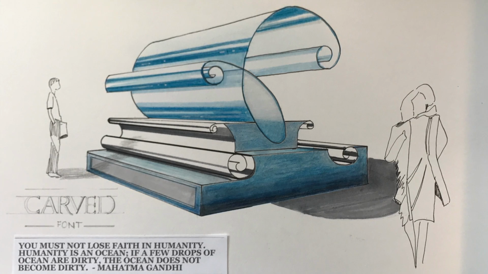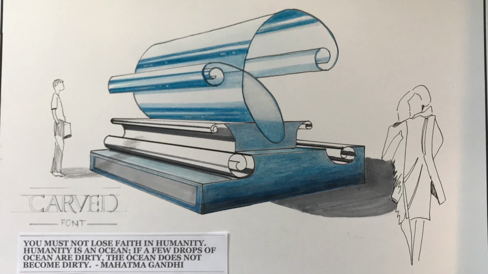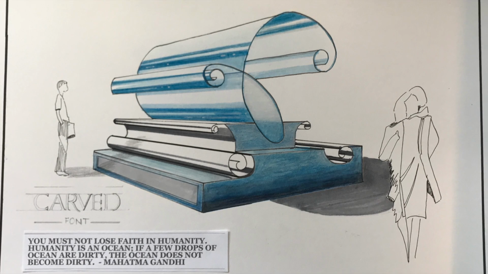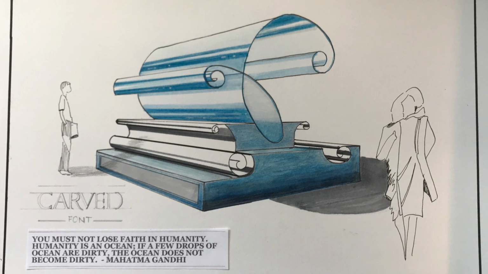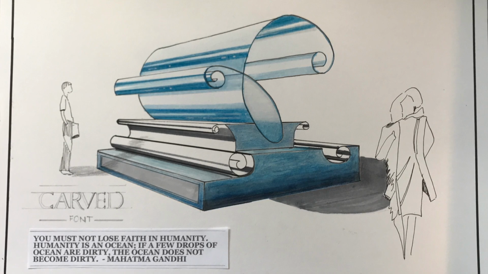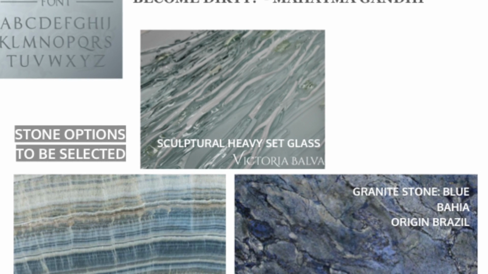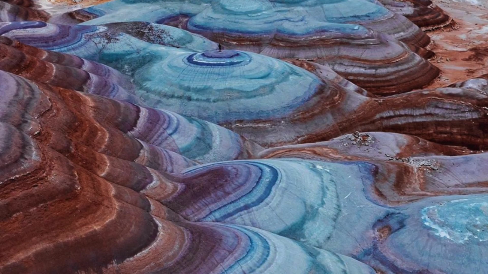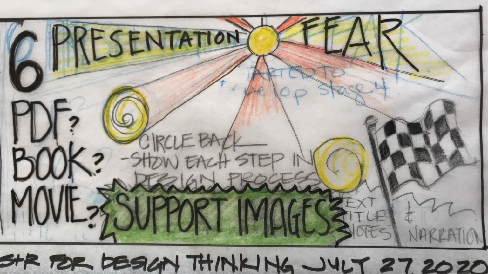But here's my final design. And you could see the carved quote that I want to insert, and can kind of see the font that I would like to use. I'd like it to be not too spaced apart, so it's a stacked wording. And that's it. Here's some final material suggestions that I was playing around with, some ideas of color, and then my last step, step 6, the